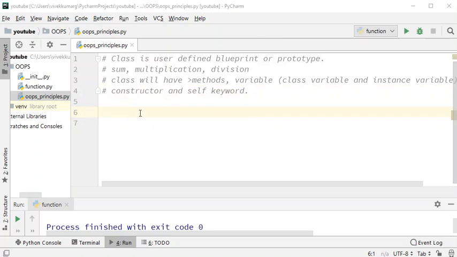Now let's understand how you have to declare a class, right? So if you want to declare a class, you should remember this identifier. This is a keyword that you should remember. You need to say class, all in lowercase, and then you will give the class name. Since we have taken the example of calculator, let's say calculator, and we say colon. That's the end of declaring a class. As soon as we put colon, that's the end of declaring a class, and when we hit enter, we'll be on the next line.